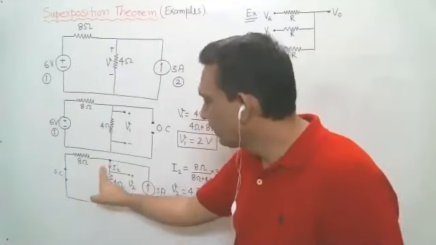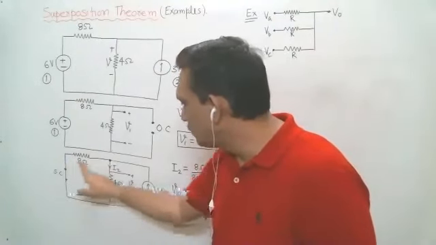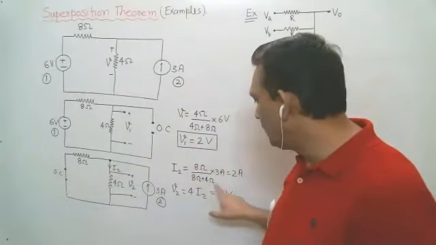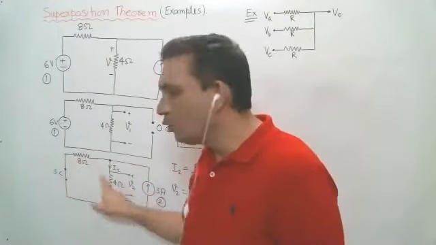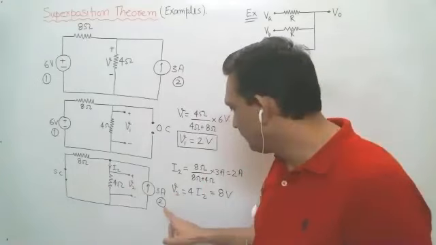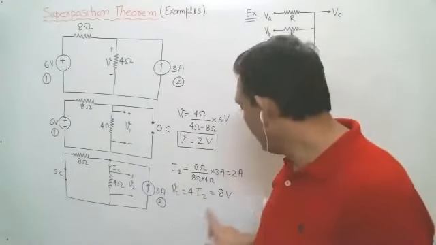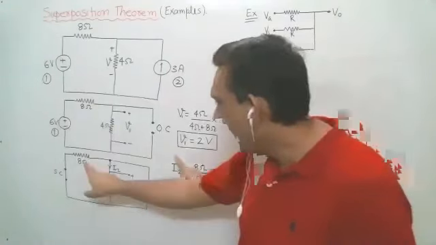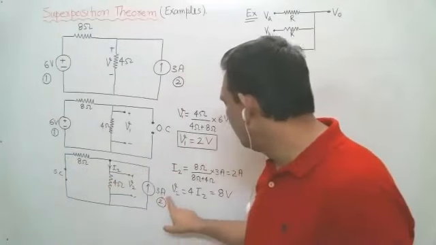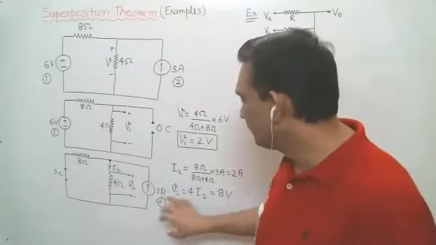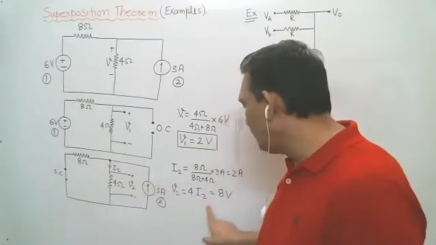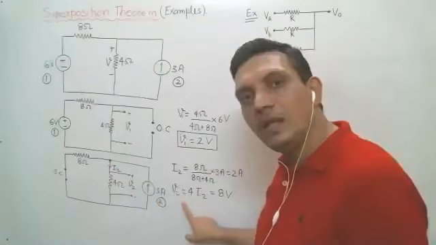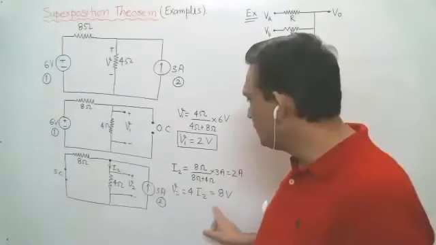You can see 8 by 8 plus 4 into 3 ampere. If you have to find the other current, then 4 by 4 plus 8 into 3 ampere. I think this point is clear. So I2 will be 8 by 8 plus 4 into 3, so that is 2 ampere. So what will be the voltage drop? If you know the current, 4 into I2. So this will be 8 volt.